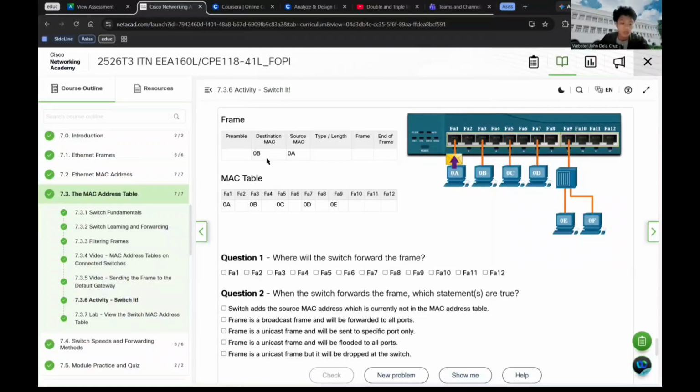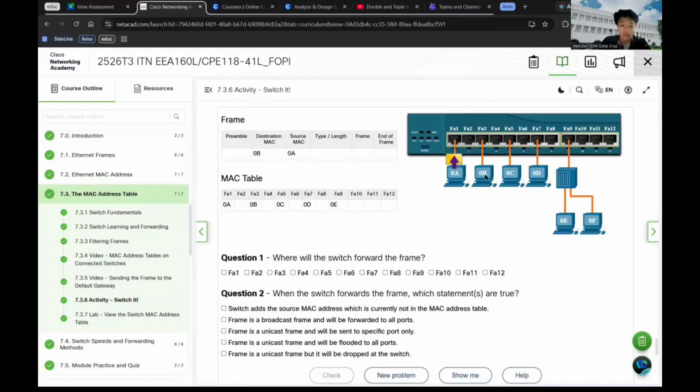So next, I look in the MAC table. The table shows that 0A is already learned on FA1, so the switch does not need to add a new source MAC address. Then I check the destination MAC 0B.